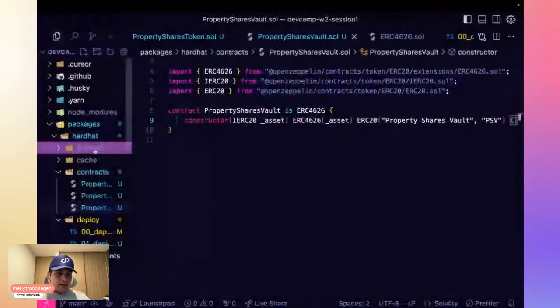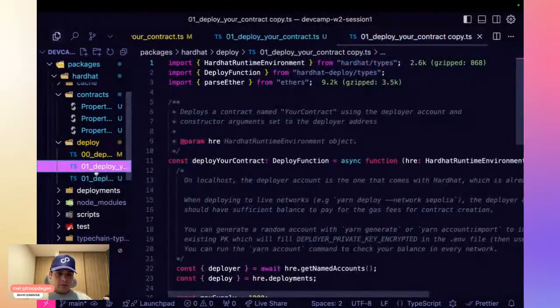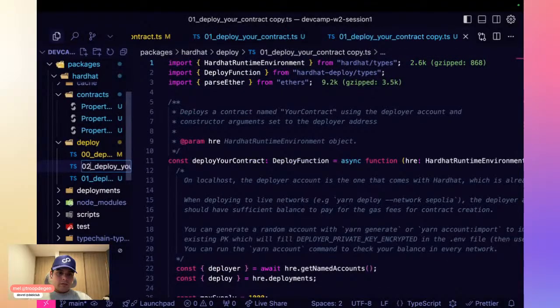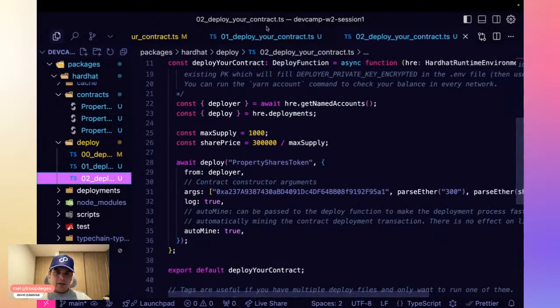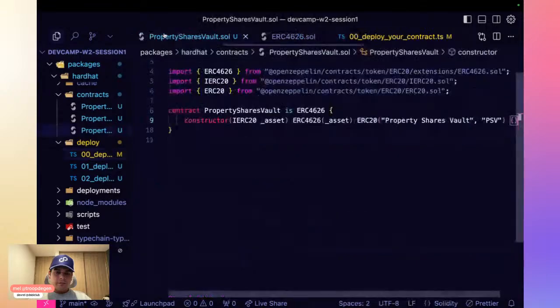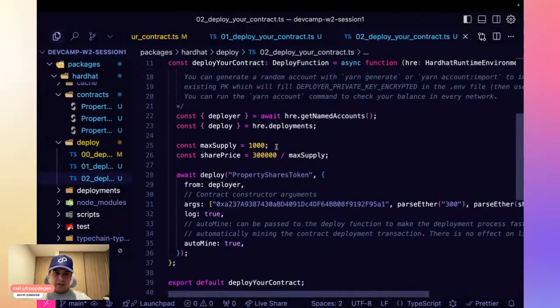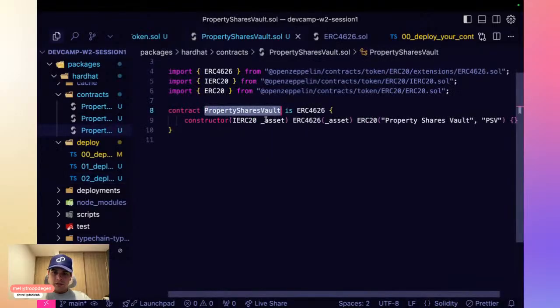So let's go and deploy this contract. There's also a couple of things that we could do, but we're running late. For this, I think I only set the owner. No, not even that, the asset.